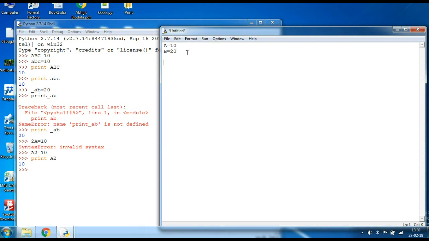Let's compare both values using if else and give the result in a string, that is a is greater than b, or a is equal to b, b is greater than a, something like that. Let's try. If a is less than b,